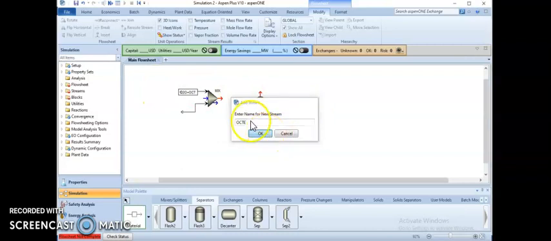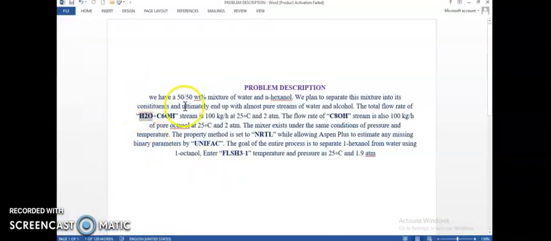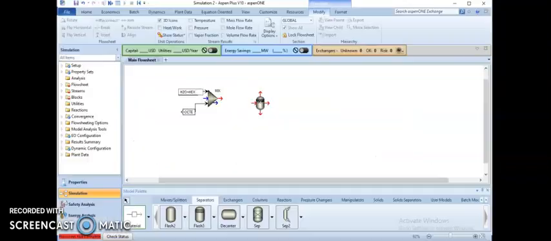In the first we have only hexanol and water, and the second stream, the solvent stream, has only the octanol. You can see here the octanol is used as the solvent. So let's go back to